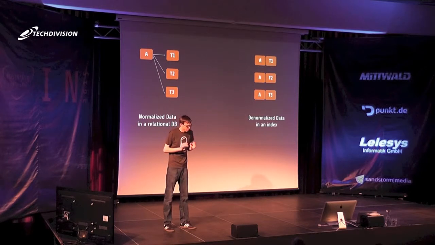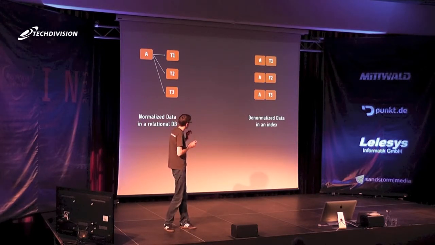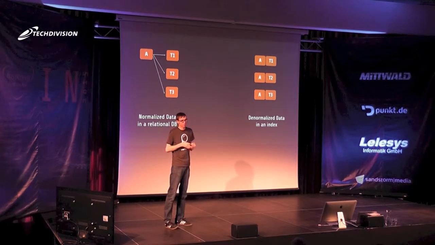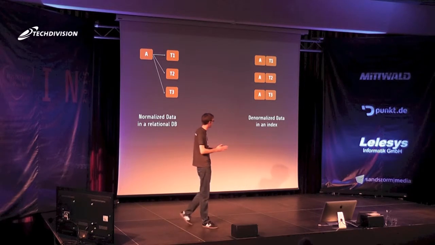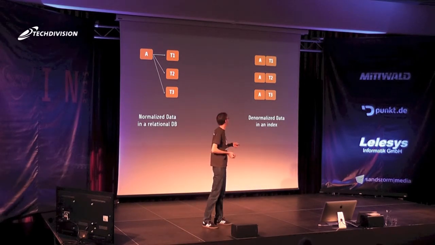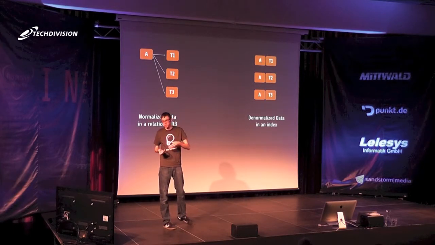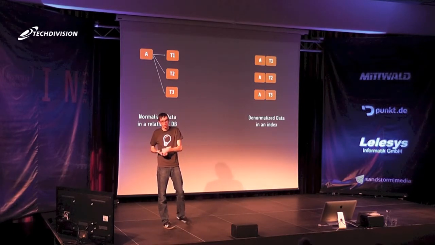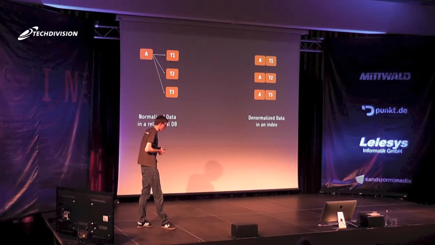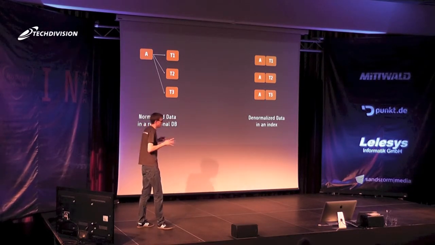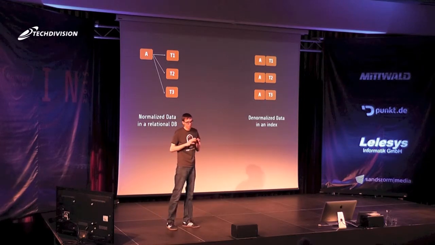But the thing is, what we essentially do is we trade indexing, or update performance, for read performance. What we want in a search index is extremely high read performance. And we achieve that by denormalizing our data in a way which suits the queries we want to do later on. So that means that while with normalized data in a relational database, there's pretty much just one way to